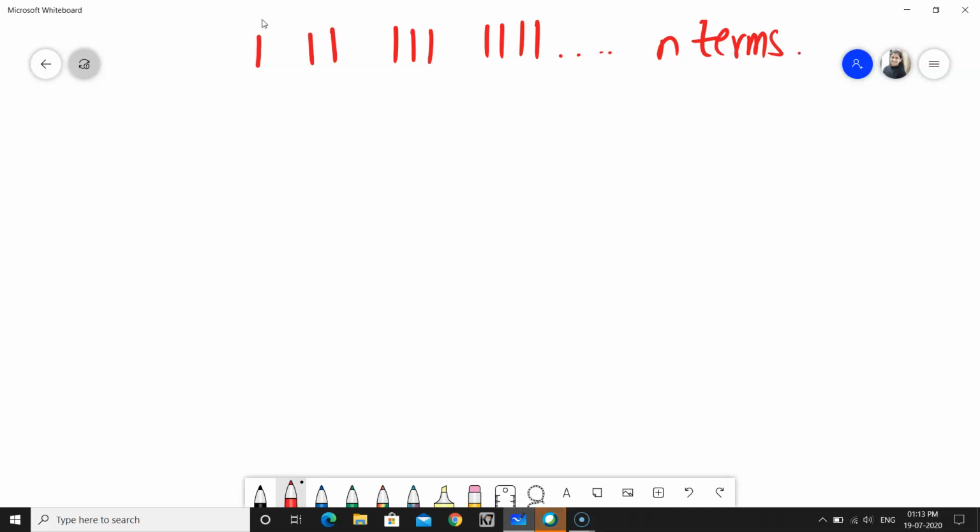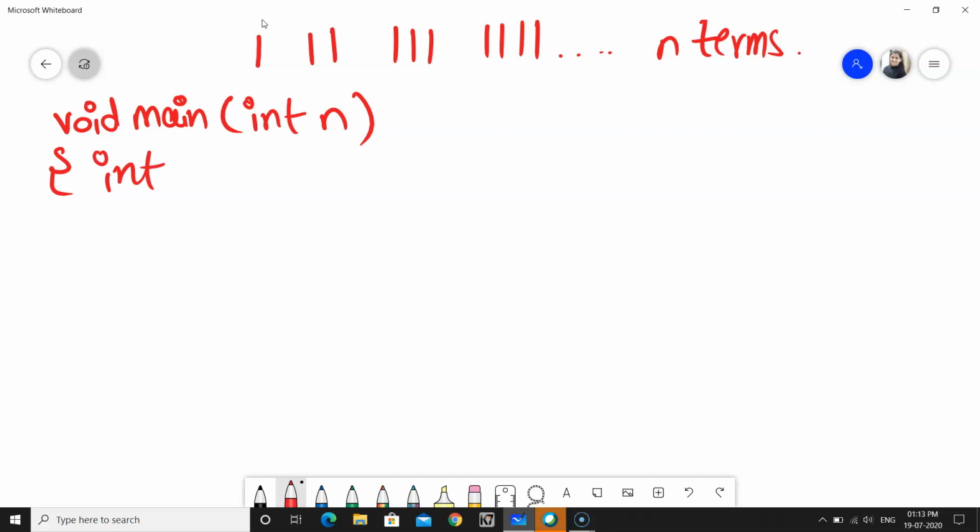So watch this. See, a class method and the void main you can write. I am just writing the main steps that are required for the program. See, this will be void main. And then I can ask the user for the end input. So we can take a parameter as input directly for saving a line, and then I can use int i to control my for loop. And then what I have to do, I have to print the series. So for printing the series, I need a variable s to store the series.